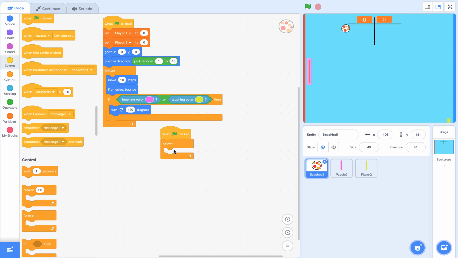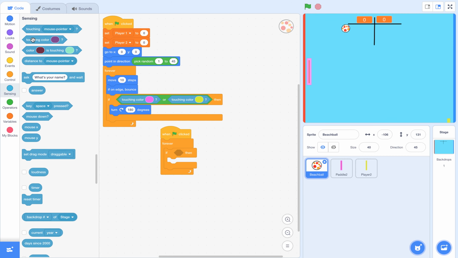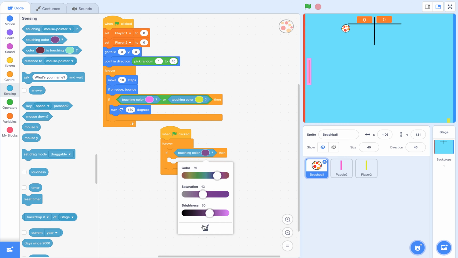The first thing then we say, if it's touching something, if it's touching this color, if touching that color,